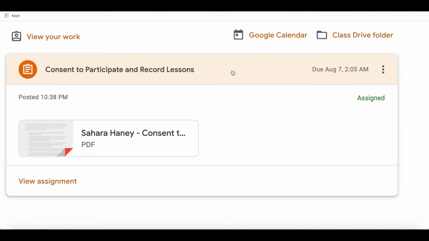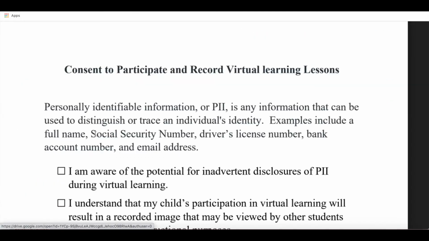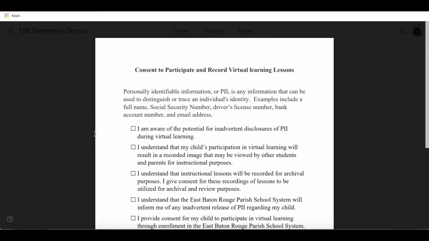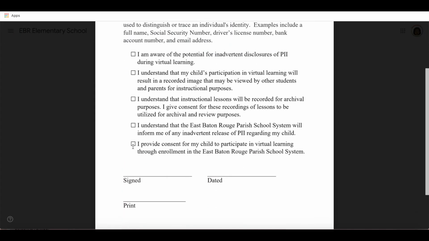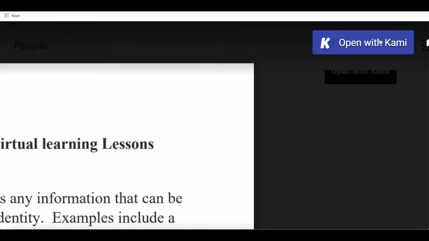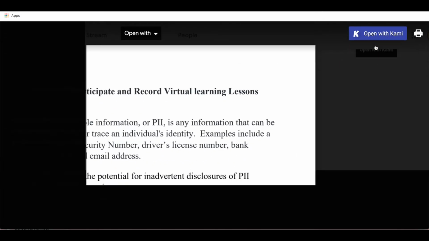You have a few options now. Of course, you'll have directions here guiding you through the steps. Once you review the steps and the directions, click on your PDF attachments and actually read through the documentation. Take a few moments to do this. Once done, and you've reread and thoroughly reviewed the entire documents, in the right-hand corner, you have the option that says Open with Cami. Click on Open with Cami,